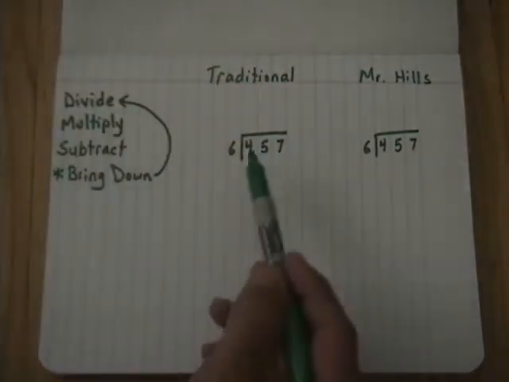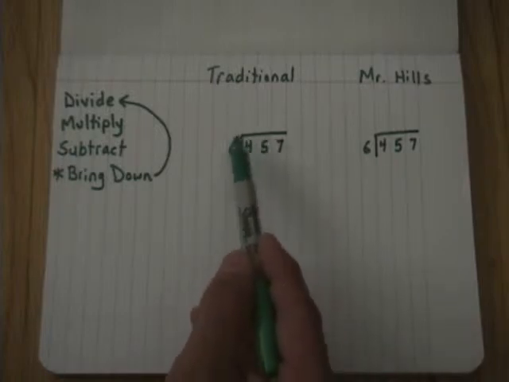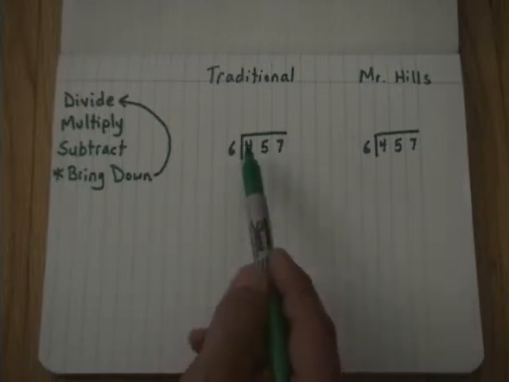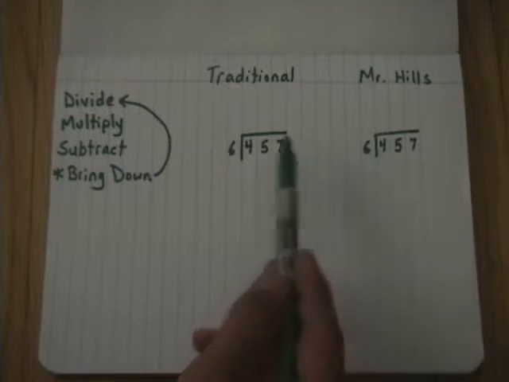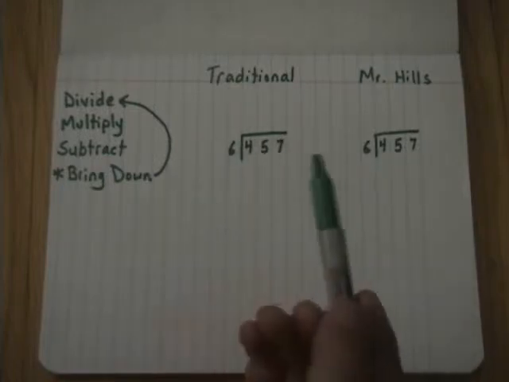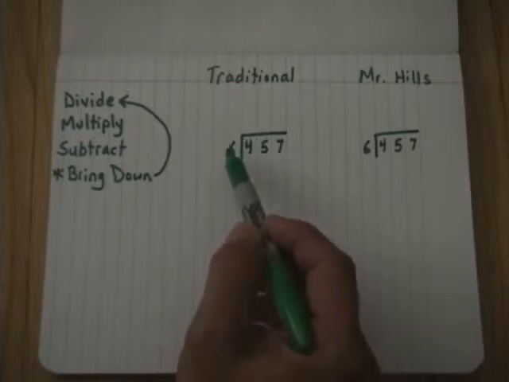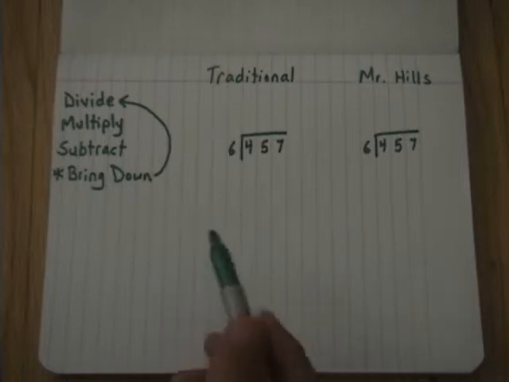So I'm going to move over here to the next digit, the 5. And now I'm going to treat this whole thing like a 45. Now again, remember, it's not 45, it's 457. We're using a little trick here, and I'll show you how that works over here. But for right now, you'll just have to wonder why. 45. How many times does 6 go into 45? I can get groups of 6 out of 45. So I'm going to think to myself, how many times will 6 go into 45